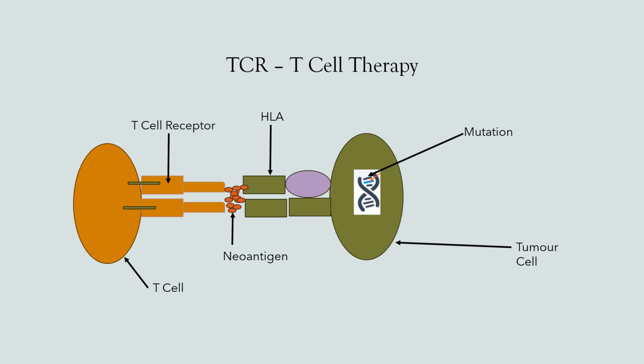So you have this tumor cell that contains the mutation, and then you have the neoantigen that binds to the T cell receptor. So it's different in the way that it is activated, and it's different in the way that it works, in the sense that T cell receptors are designed against, or targeted against, intracellular